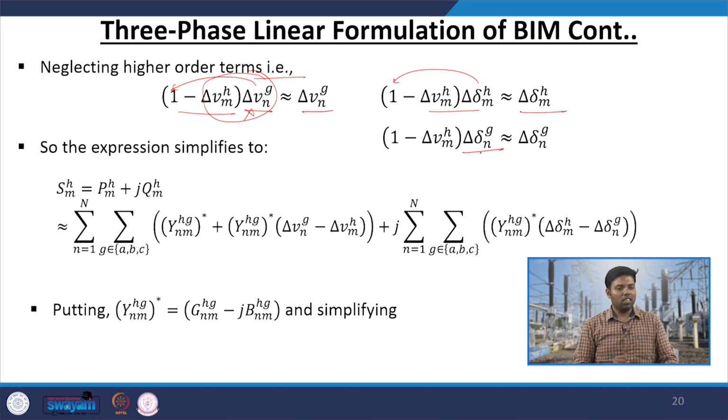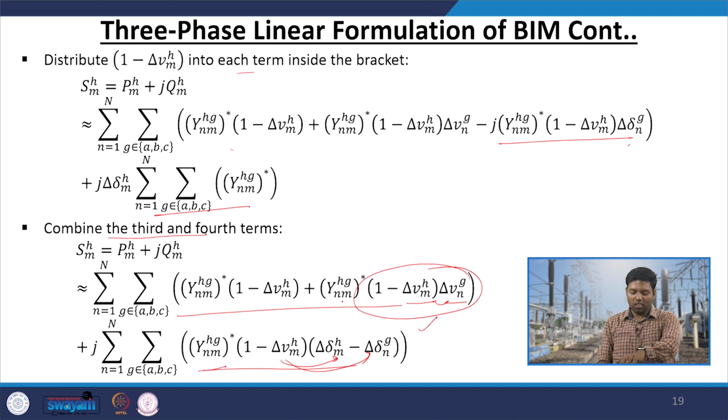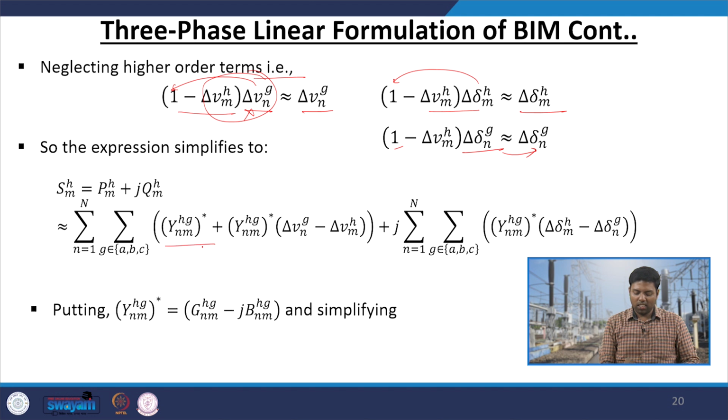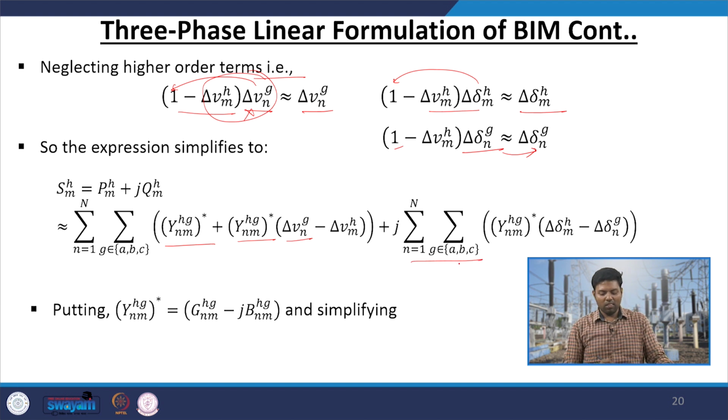Similarly, del delta Ng multiplied with 1 you will get only del delta Ng. So, if you put these values in the last equation, then you will get Hg star YHg del Vn minus del Vm, then summation of Ng with the j term, the imaginary term, YHg star del m minus del n,